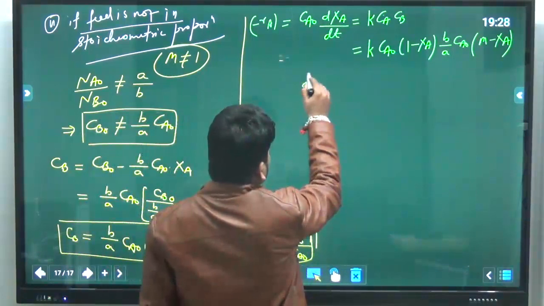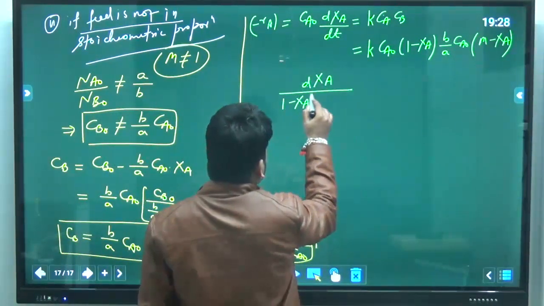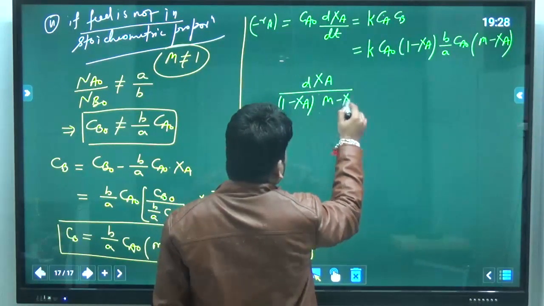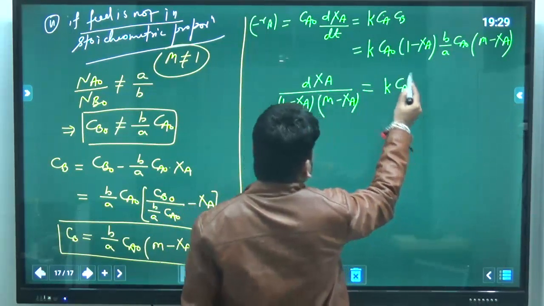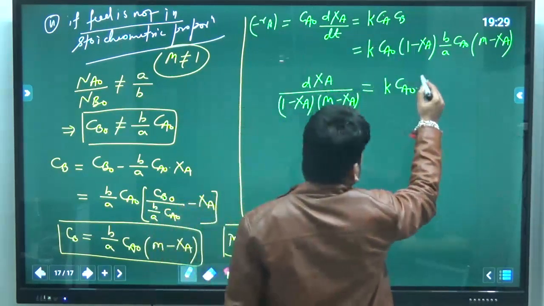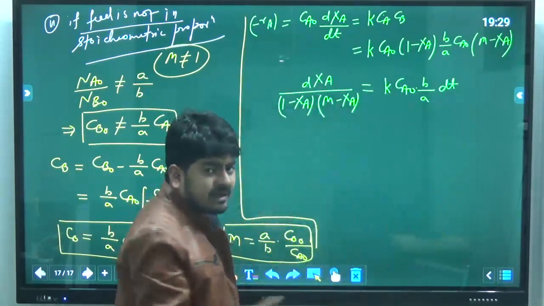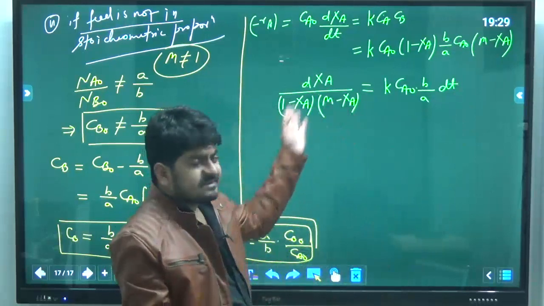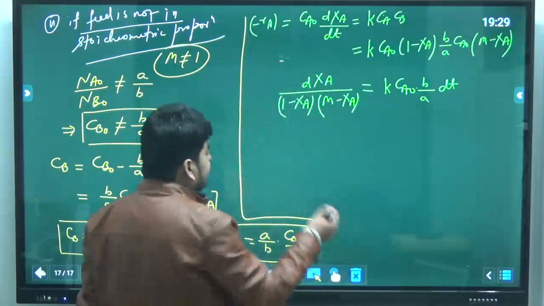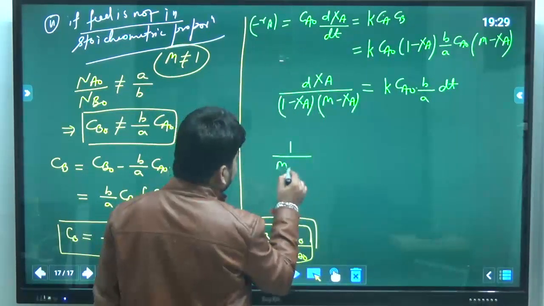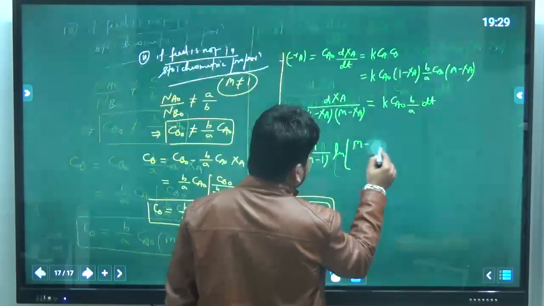So you will get dXa over (1 - Xa)(M - Xa) is equal to k Ca0, as one Ca0 will get cancelled, into b/a times dt. I hope you know the limits: at t = 0, Xa = 0, and at t, Xa. You can do the partial fraction of this. The final expression you will get will be 1 over (M - 1) ln of